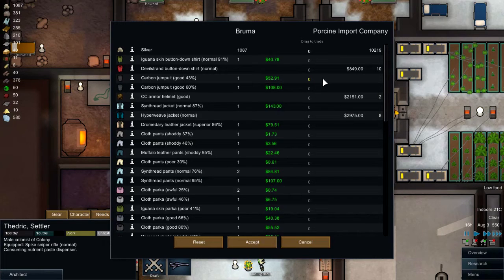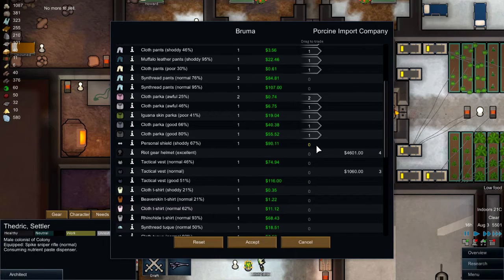Okay, so we have more than enough carbon jumpsuits. We have plenty of stuff we're never going to wear. So let's start just selling it, I guess. I will keep the synth thread, though. That's the one thing I will not sell, because synth thread is very good. Tactical vest. I think everyone's wearing one at this point. They just kind of pick them up when they want them, so...